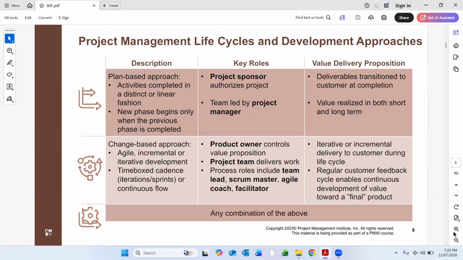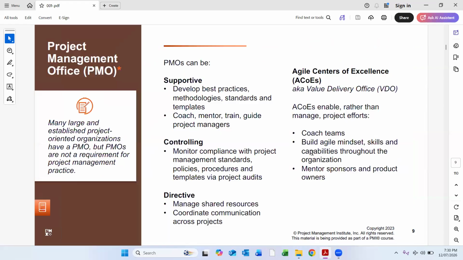We are in a life cycle of a project where regular customer feedback is required, especially for software projects. You have so many software products in your stores, like the Play Store or Apple Store. There is customer feedback, so those software companies get feedback from the customers, and there are different versions of the software. They keep on making changes in the interface and the options of the project. That is an incremental approach, a change-based approach.